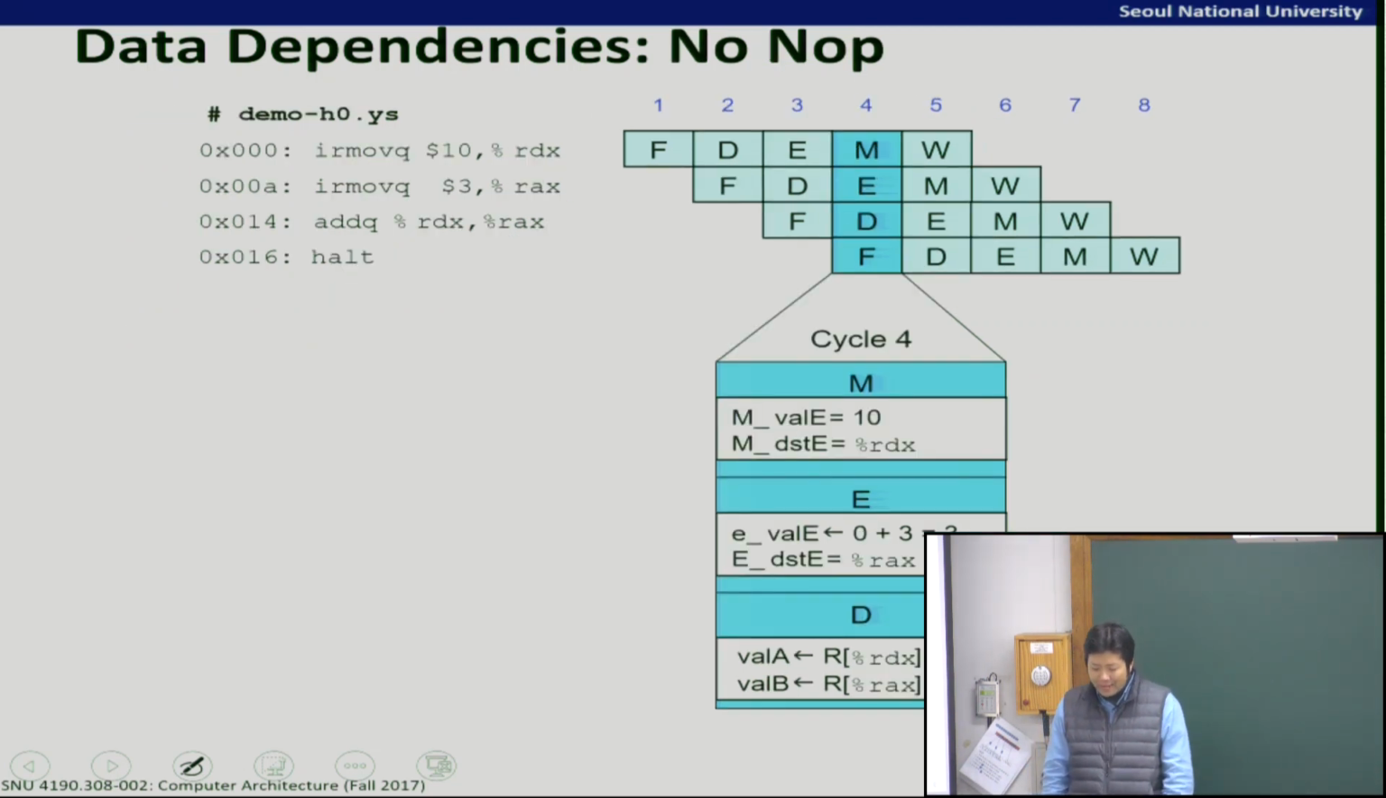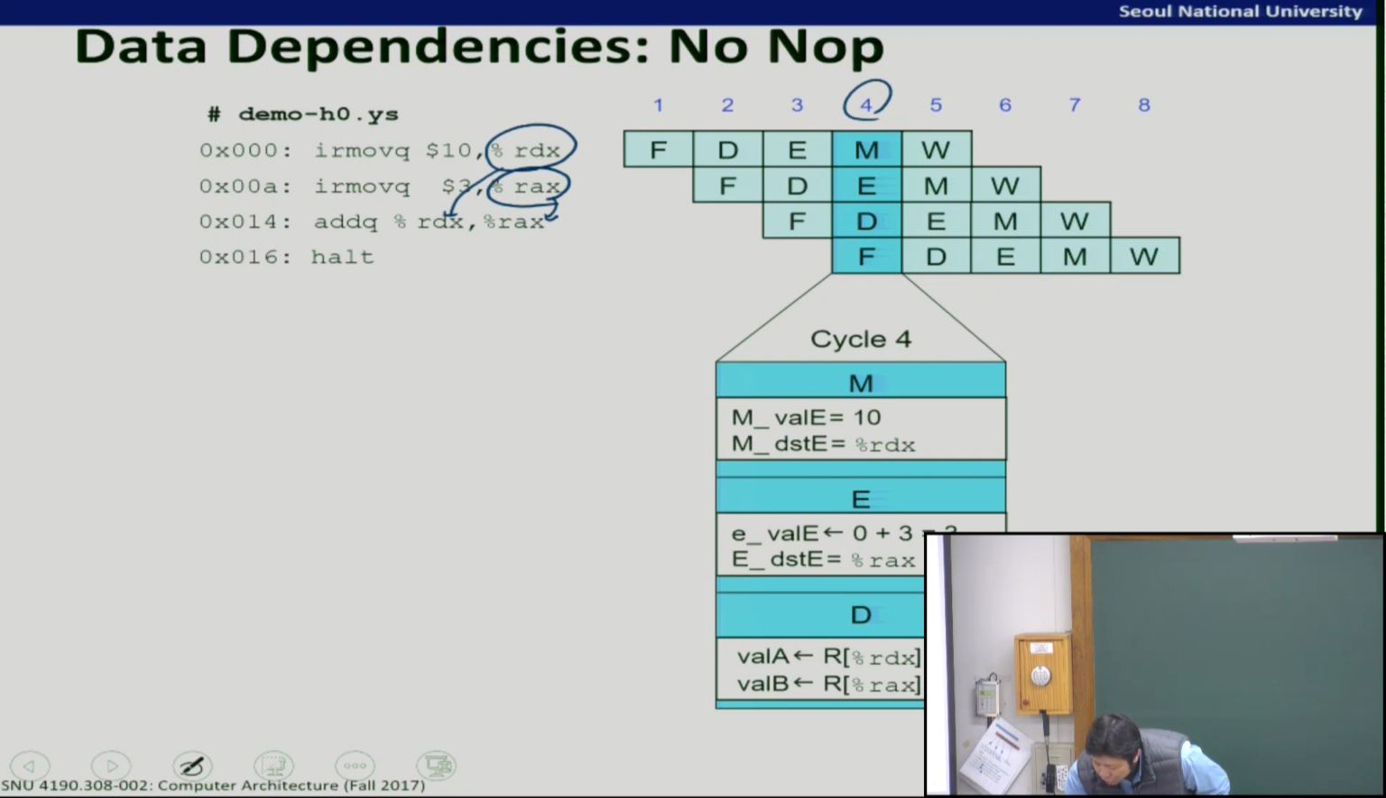And alternatively, what happens if we actually have no NOPs between the two? If you have no NOPs, there are 2 data hazards. The first one is caused by this RAX register from here to here. And the second one is caused by this RDX register from here to here, like this. Okay? So in cycle 4, for example,